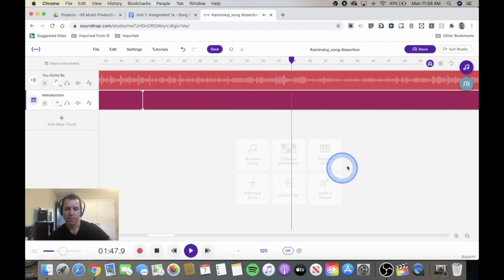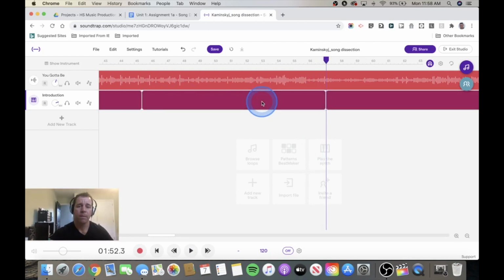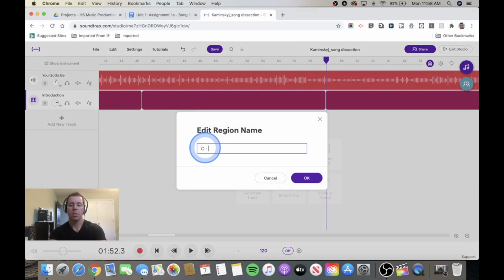And it's almost done. 1, 2, 3, 4. And that's where the last verse is going to start. So let's split the region there. We're going to do C, bridge,